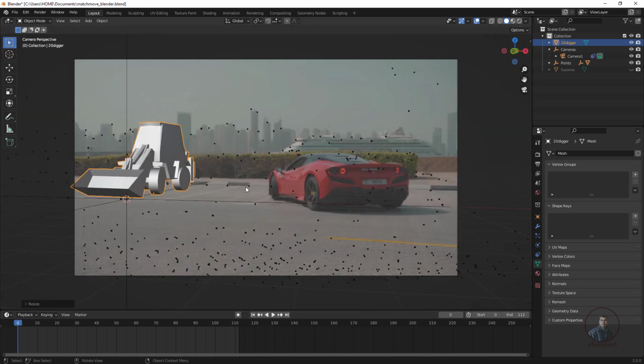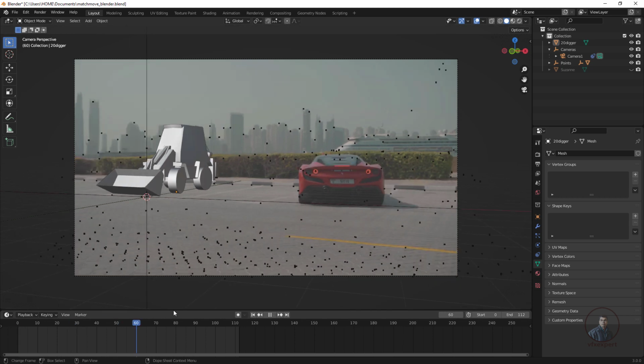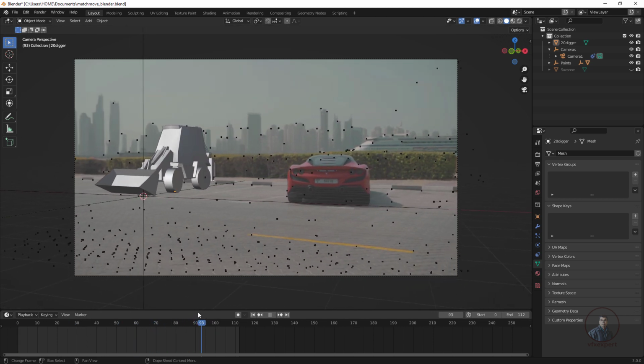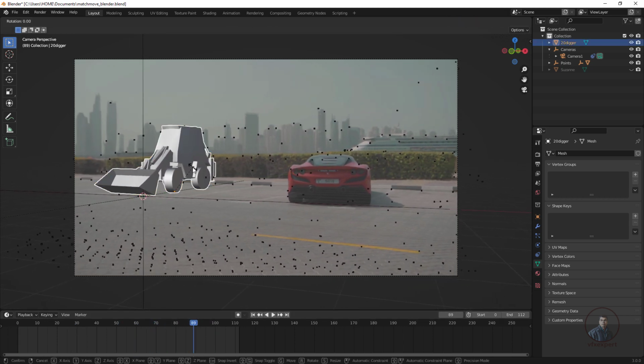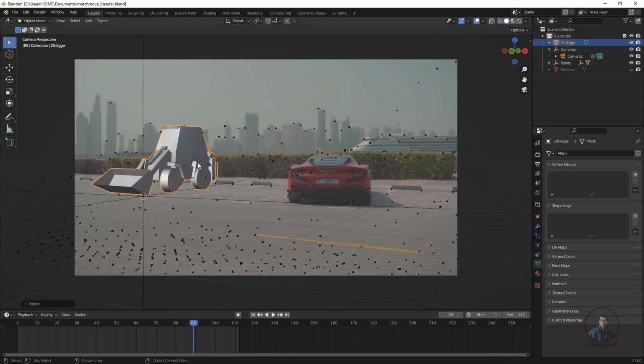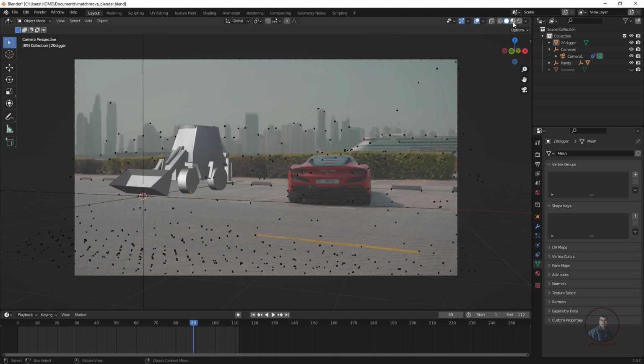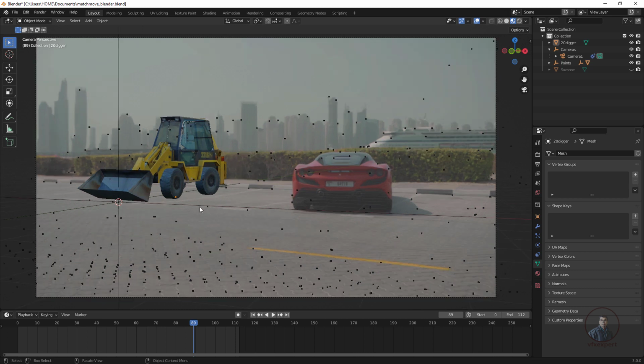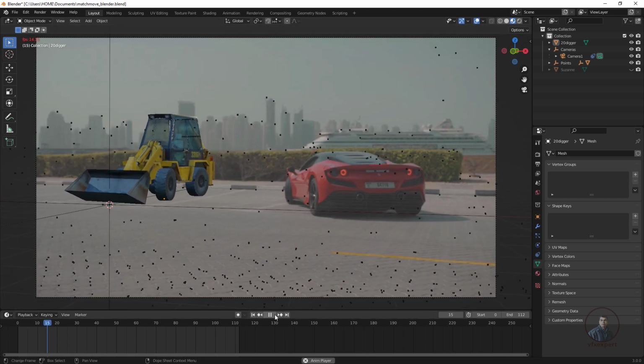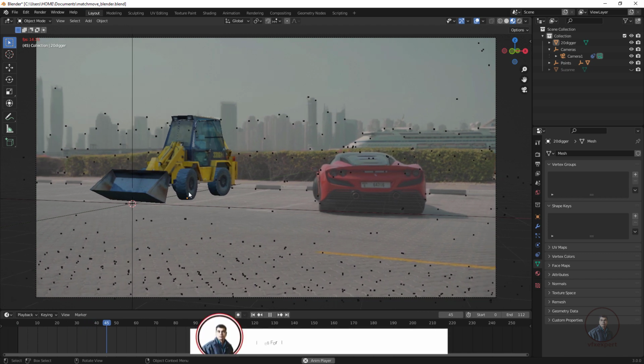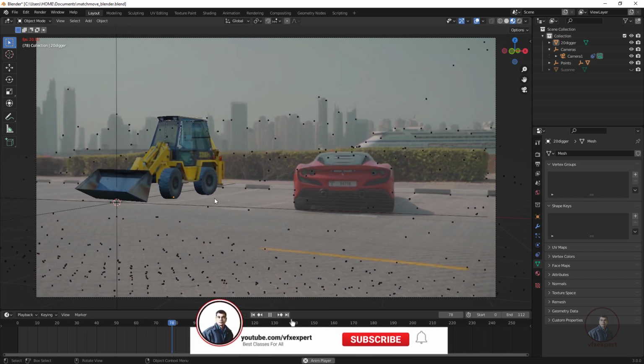Now again select this camera view and simply move and check. So maybe here this is looking good. Even if you want, you can select this model, press R and Z and rotate it a little bit here, and many things you can adjust according to your requirements. Now enable the shading modes here, because this 3D model has some textures. Now we can play and check. So guys, if you see, this 3D model is placed over this scene, and this is looking good.